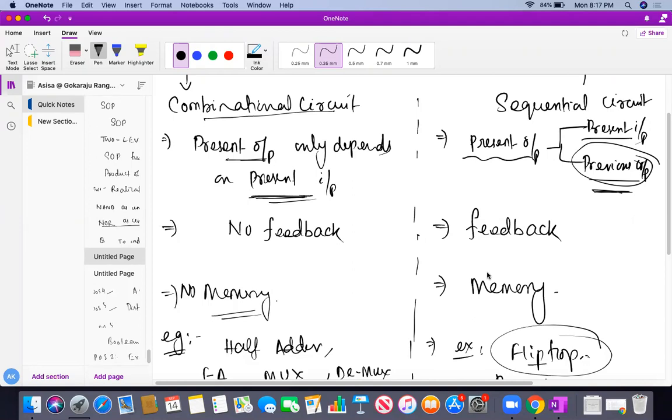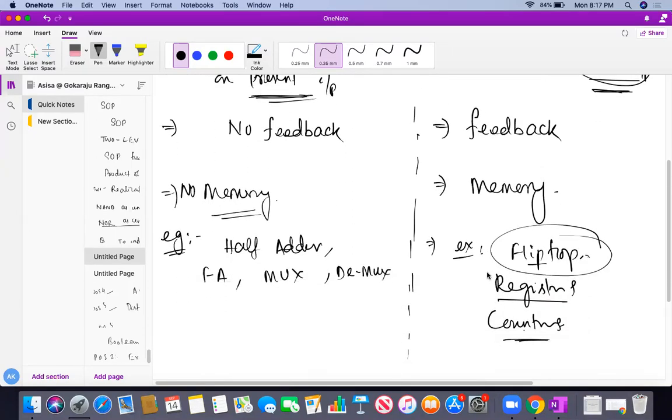A combinational circuit doesn't require any memory, so it doesn't have any feedback. A sequential circuit requires memory because it has to remember previous outputs in some cases. That's why it requires a feedback path as well as memory. Half adder, full adder, MUX, DEMUX are normal combinational circuit designs, and sequential circuit designs are mainly flip-flops, registers and all.